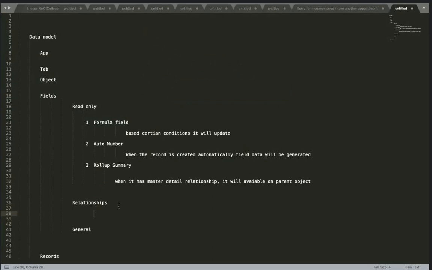If you hear about primary key and foreign key in other query based technologies, whereas in Salesforce there are very simple four types of relationships we have: lookup, master detail relationship, external lookup, and the fourth one, hierarchy.